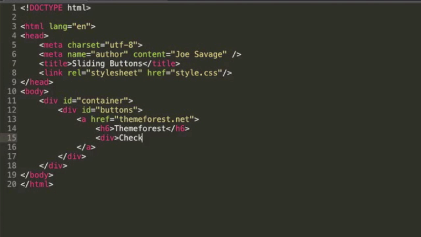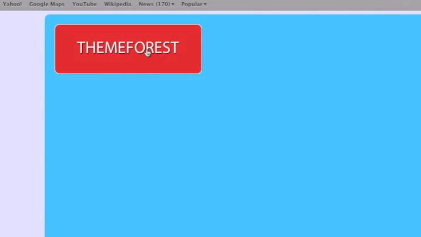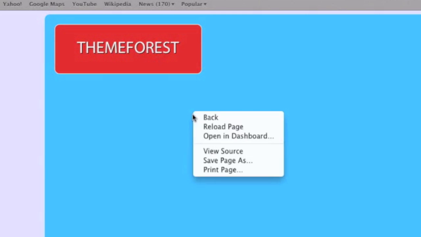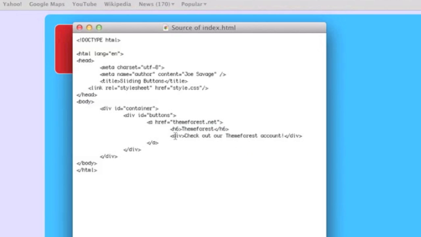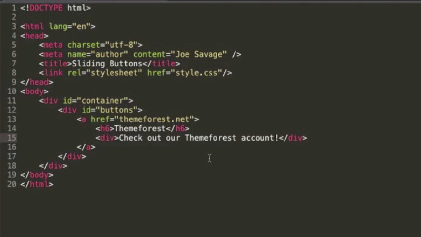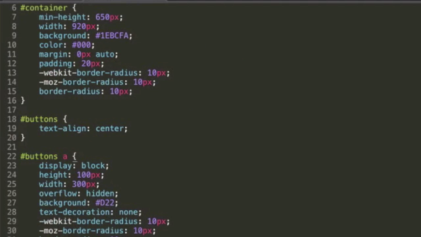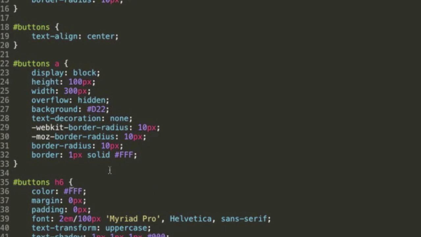So, check out our theme forest account. Should do the job. And because the overflow is hidden, this shouldn't display in here immediately, so we can't actually see it. Although, if we go ahead and view the source, we can see it is here. So, to fix this, well, you could say fix, it's not really fixing anything because there's nothing broken, but let's